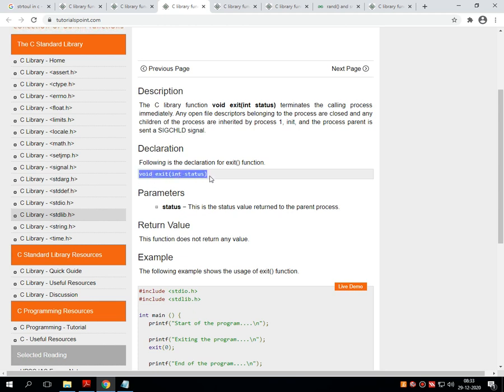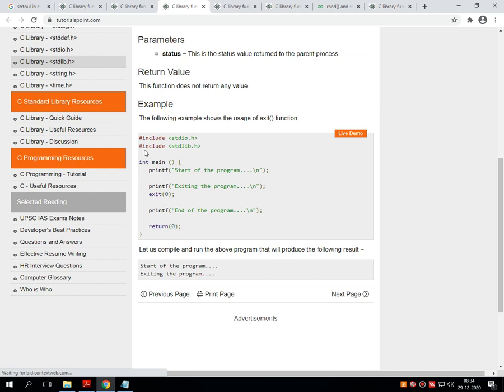This is the syntax of executing the exit function in C. Just define the void data type, write down the exit function with brackets and semicolon. It will terminate the program immediately. To see it practically, here I have mentioned a few lines of code, where the first three lines are the basic lines, that is the declaration of library functions, and then void main is the main executable statement, and inside the brackets the first printf statement I have given is the start of the program which displays onto the screen.